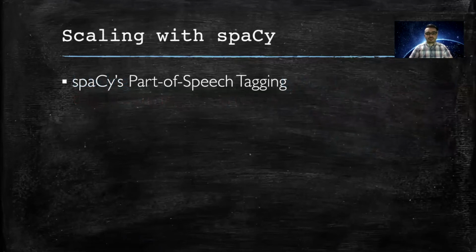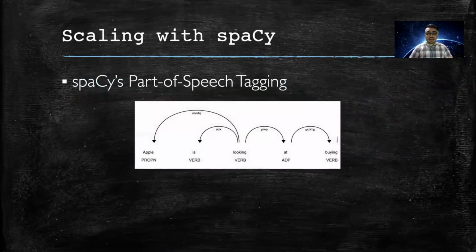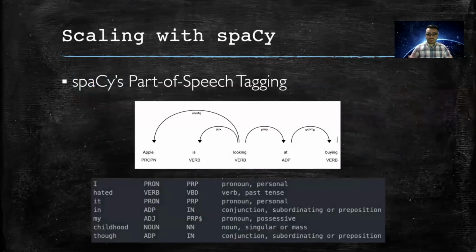So spaCy has a part-of-speech tagging system, which is to say it can auto-label whether a word is a verb, a proper noun, an adjective, etc. And so you can see here, it can even get granular in that it can say this verb is past tense and this pronoun is possessive, which might be very useful for deception research in that maybe it's just not any kind of verb that can be indicative of deception, but maybe it's a certain past tense verb, or maybe it's a kind of pronoun being used in excess that gives us a hint that someone is telling a lie.